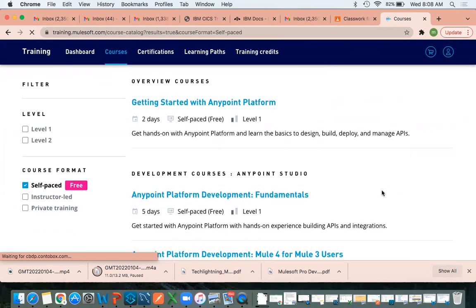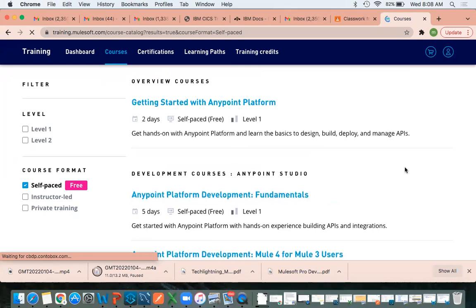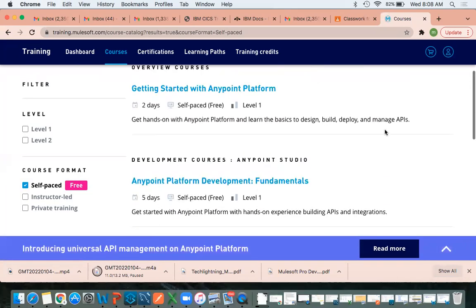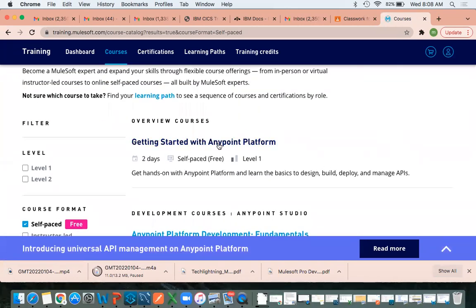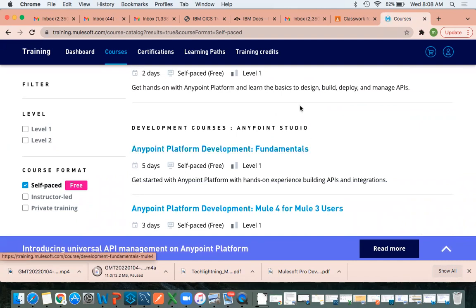You see, you got only three. One, two, three. So select the second one or third one, any one: Anypoint Platform Development Fundamentals, or Anypoint Platform Development Mule 4 for Mule 3 users.